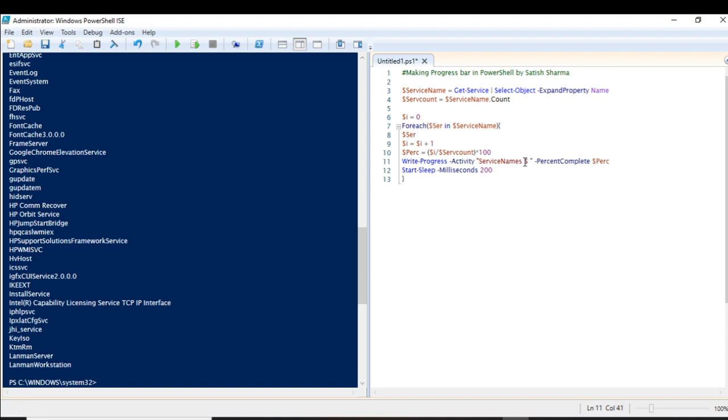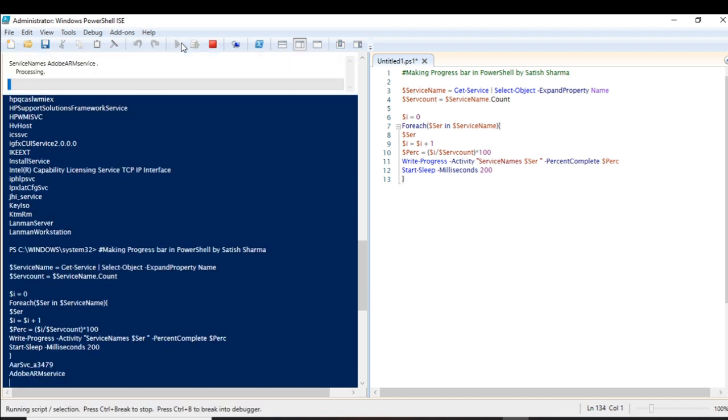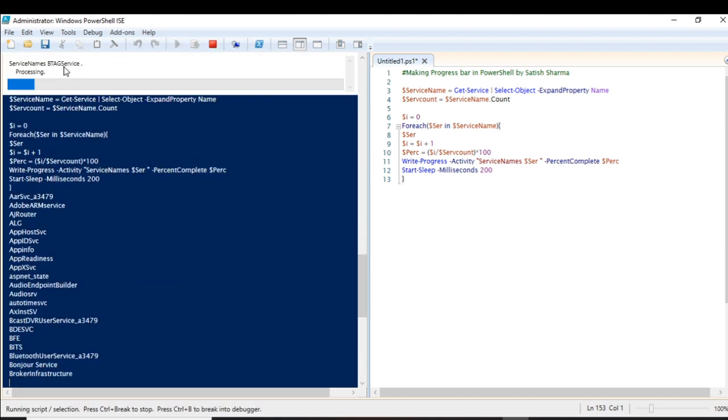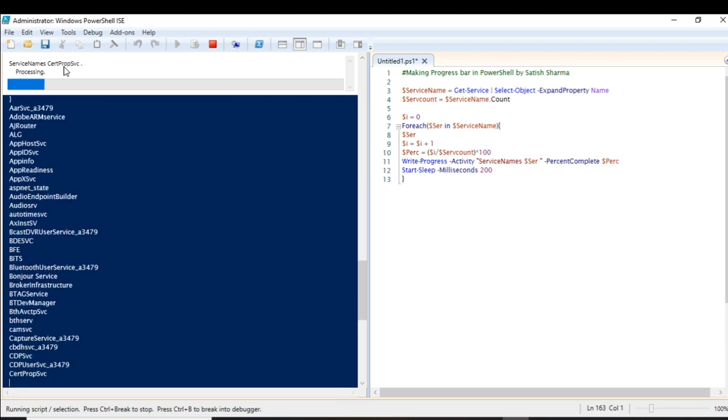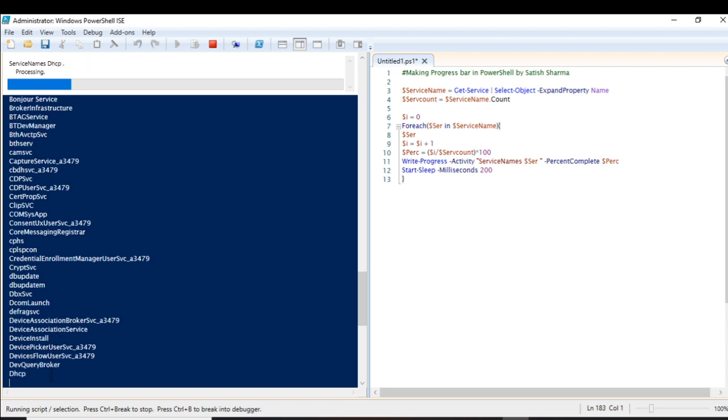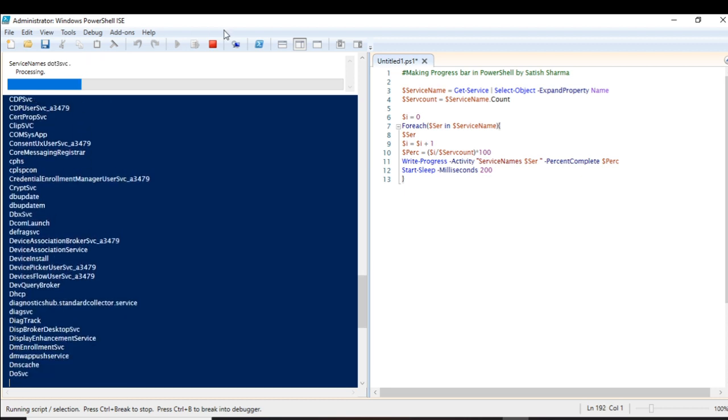All we have to do is just write this variable, the ser variable. Let's see what happens. As you can see, it is displaying the current processes.